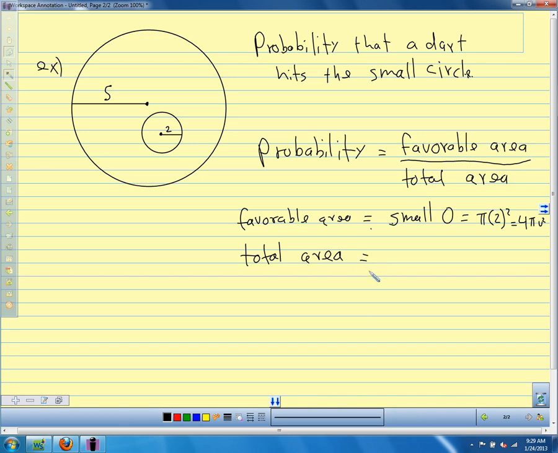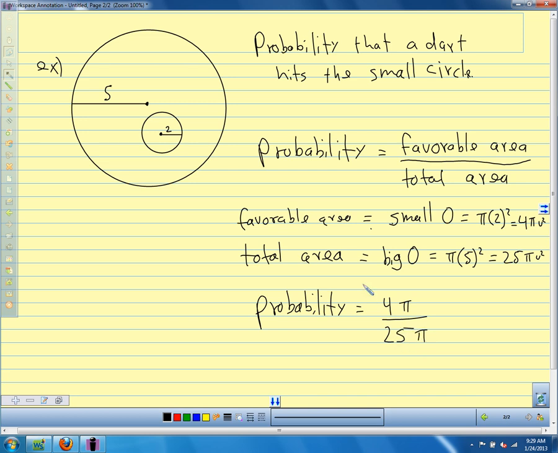What's the total area? What part of this is going to be the total area? The big circle. And we find the area the same way. Pi times 5 squared, and we get 25 pi units squared. So the probability is the favorable, 4 pi, divided by the total,